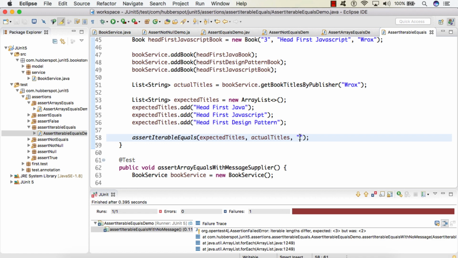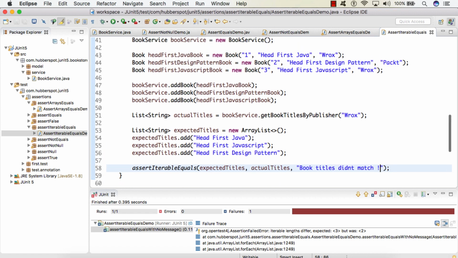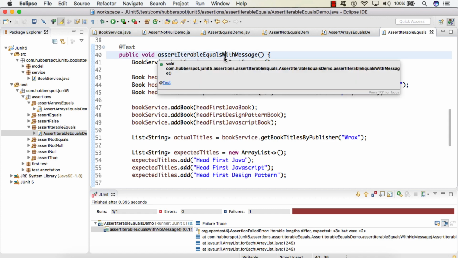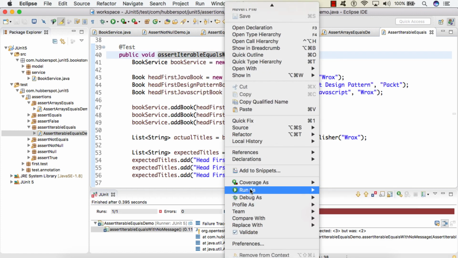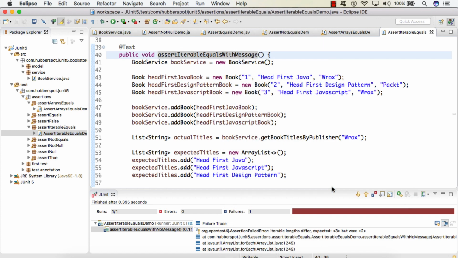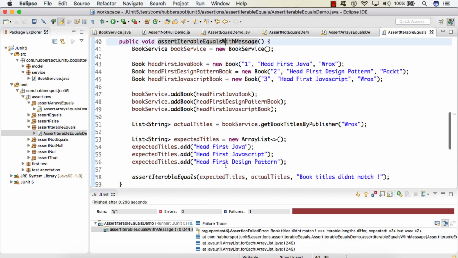So let's say we give the message as "book titles didn't match". If I run this test case, you can see it will fail because our expectation also says it should return Head First Design Pattern, and it is only returning Head First Java and Head First JavaScript.